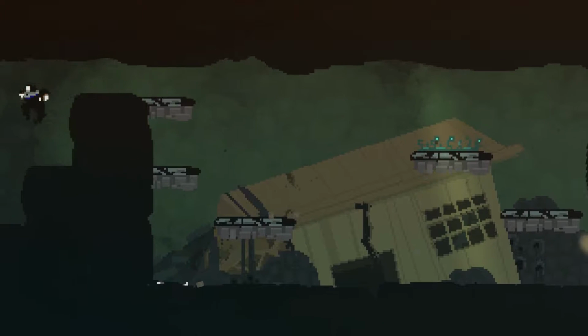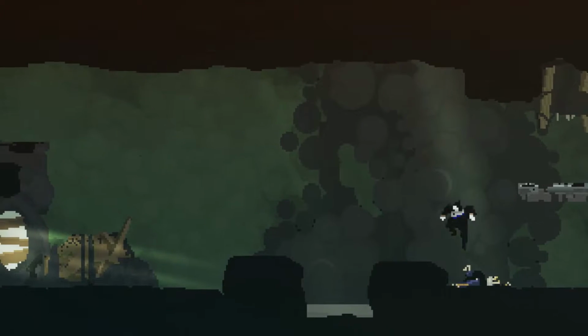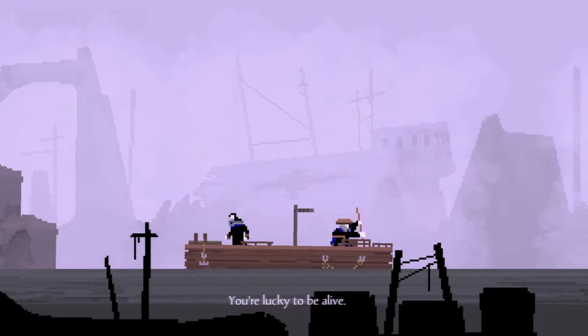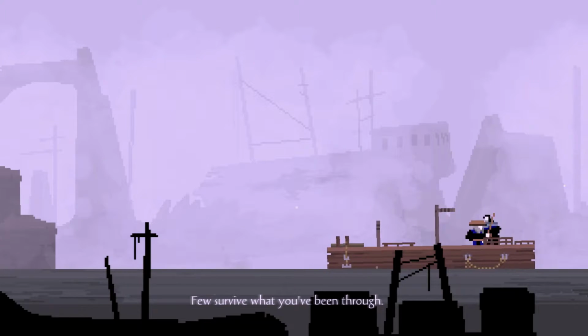This is Olija, developed by Skeleton Crew Studio and published by Devolver Digital. Olija is a pixel art side-scrolling action platformer. In Olija, you play as Lord Faraday, marooned in a strange land with his ship crew missing and no way